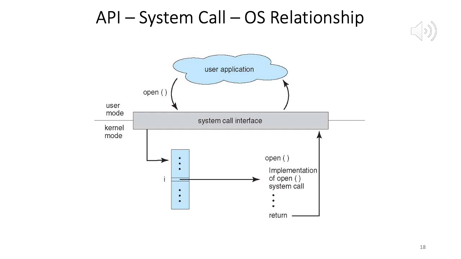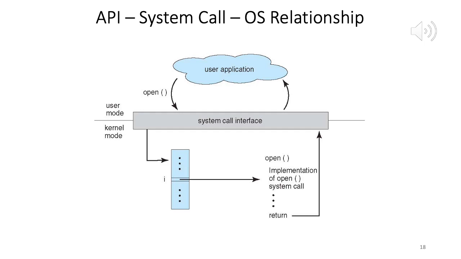Once you call the API, the mode changes from user mode to kernel mode, and then the corresponding system call for open is invoked. So there's an index, right? As we said, a table data structure. Let's say if i is the index of that open system call, it goes there, implements it, and returns the result to the user application. Once the file is open, they get a pointer to the beginning of the file, and then they can do whatever they want. Maybe start reading the file.